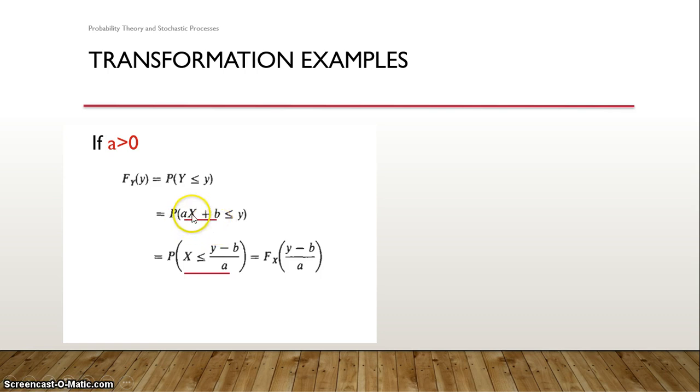Now just transfer the b variable to the right side. So ax is less than or equal to y minus b, so x will be less than or equal to (y minus b) by a. As simple as that. Just think that this is a constant, so x is less than or equal to some value. Then what is that? It is F_X of (y minus b) by a. This is nothing but the distribution of Y. So you are transforming the distribution of Y and writing it in terms of X.